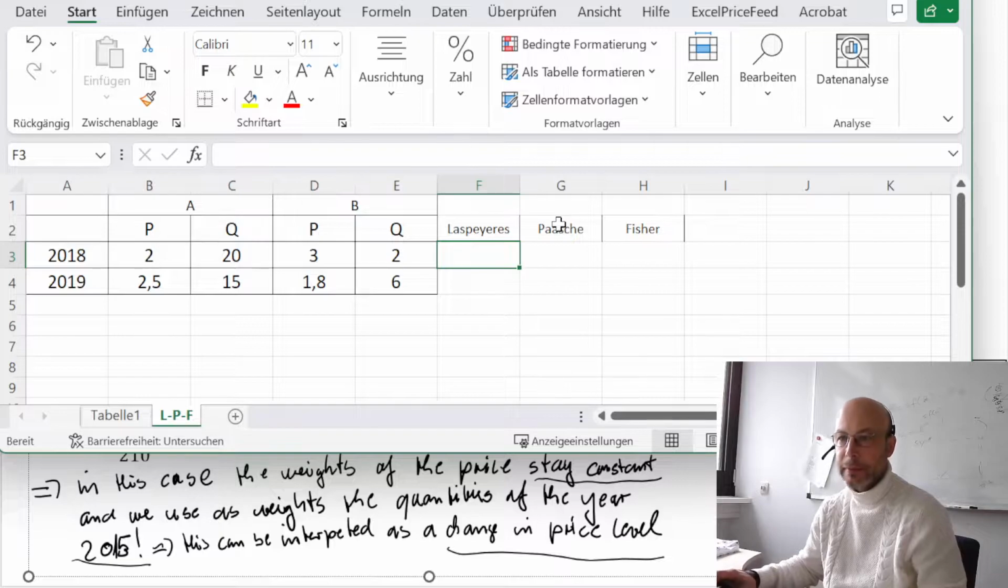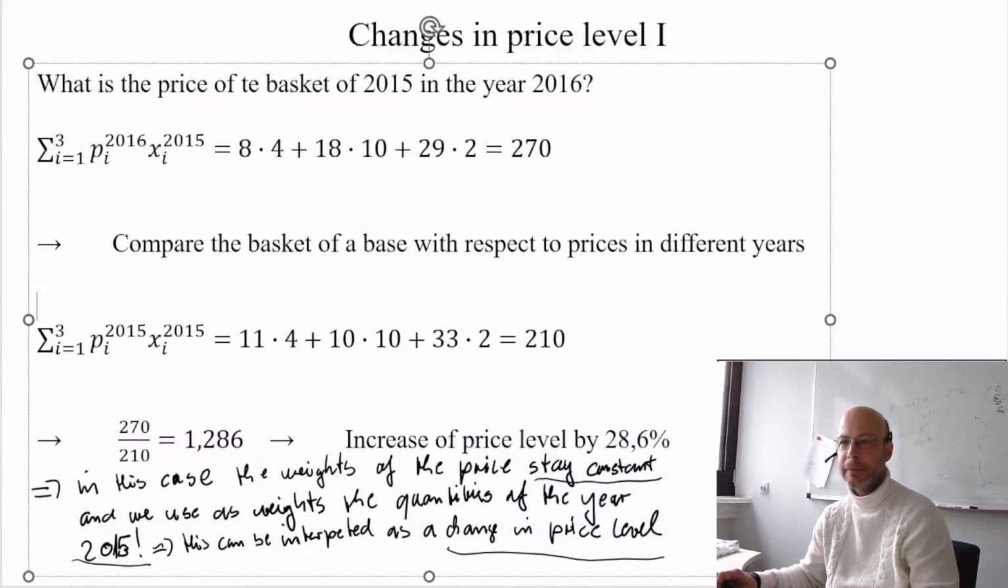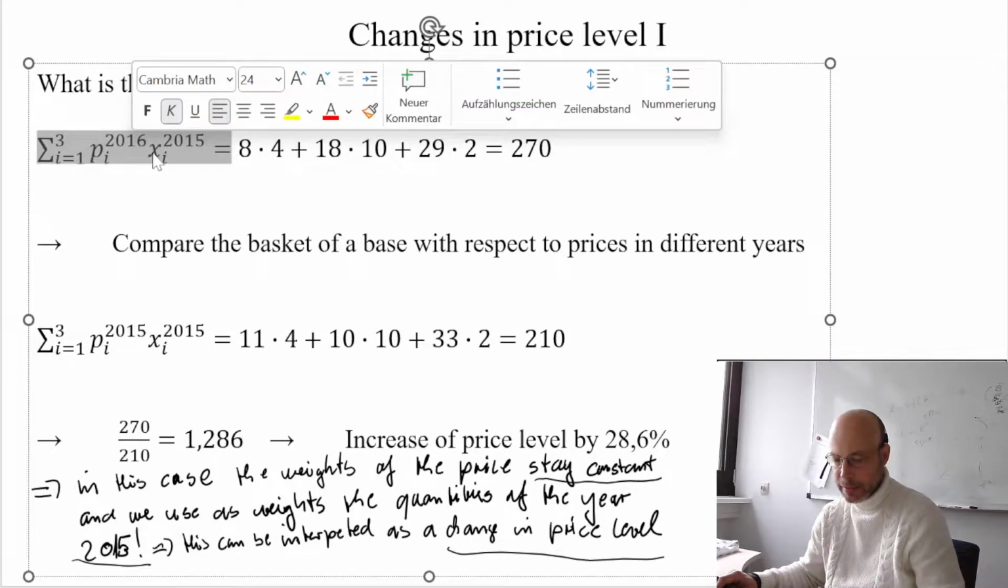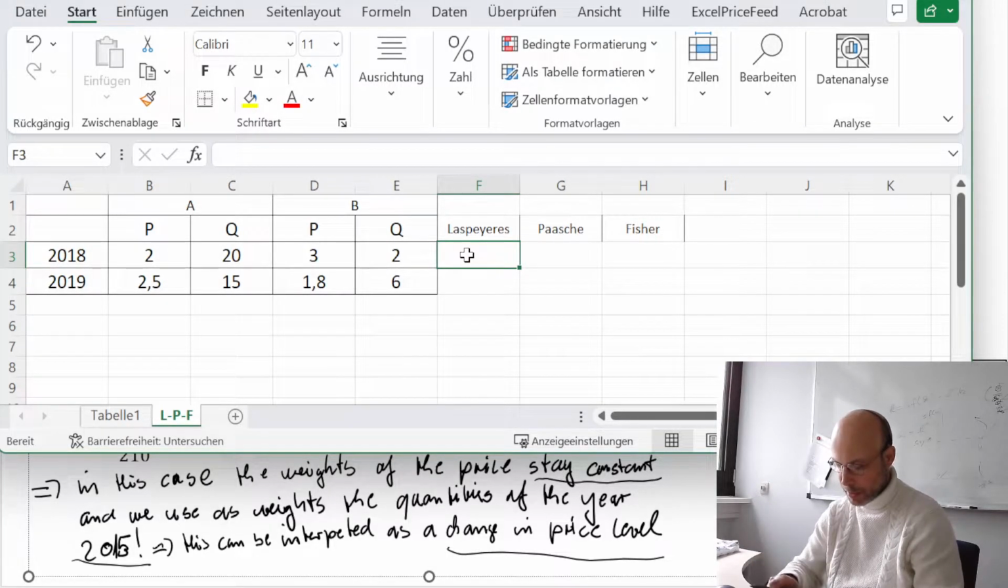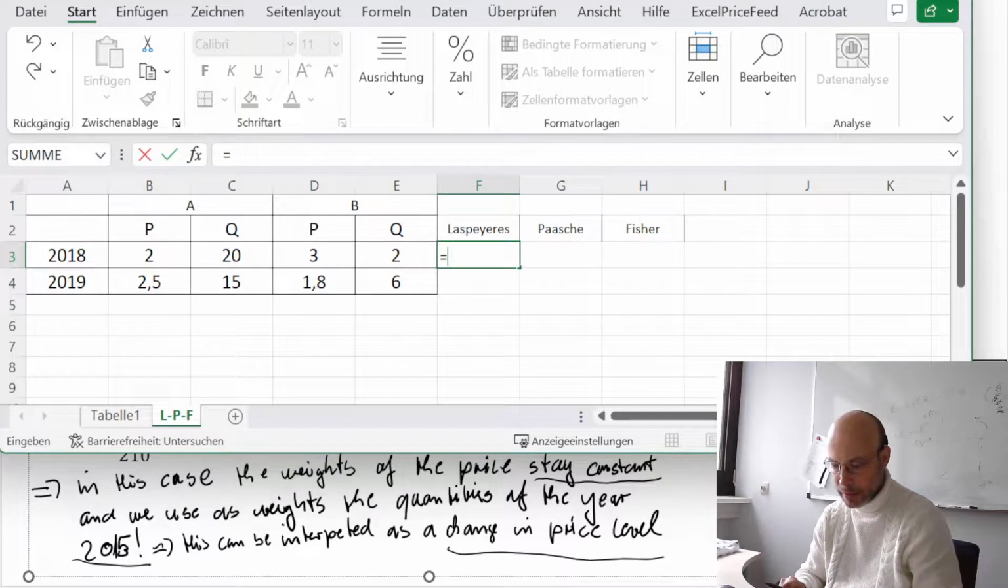So here, what do we have to do again? Taking quantities of the former year times prices of the following year. So we obtain equals 2.5 times 20 plus 1.8 times 2,